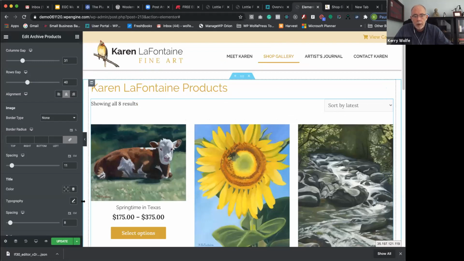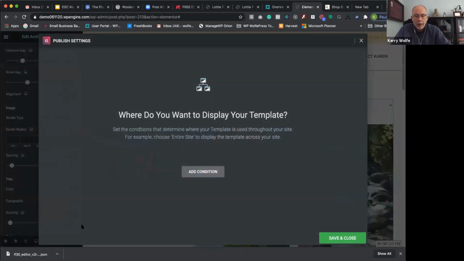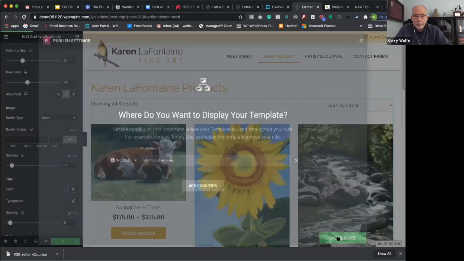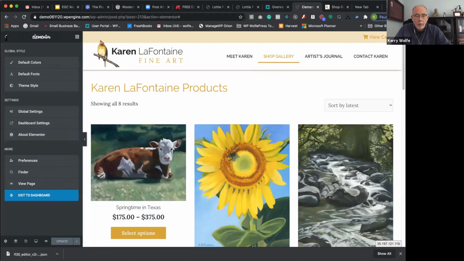But we'll go ahead and go with this. This is just the demo site, so we'll update that. We'll say add condition, all product archives. Now, if you had different kinds of products, you could separate it into categories, but we just have the one category. So we'll save, and I'm going to go back to my theme builder